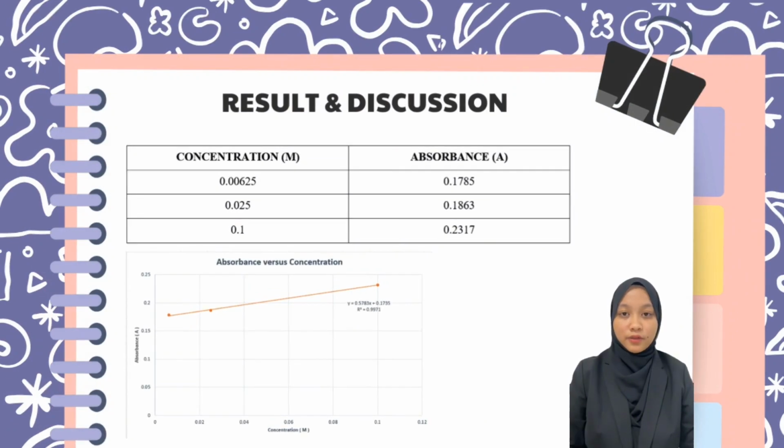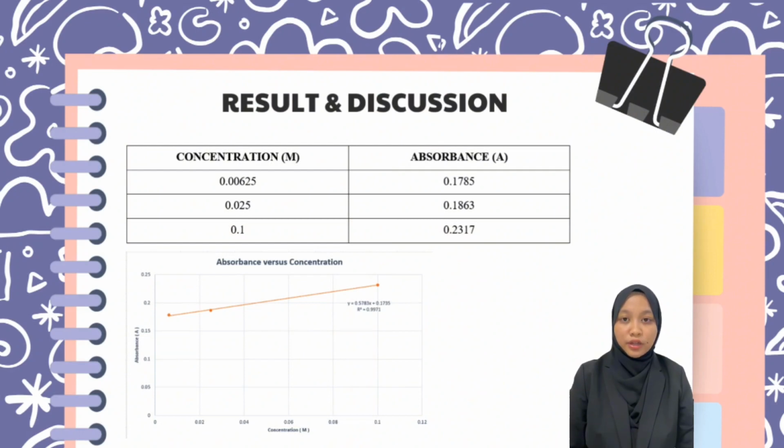I am presenting to the class, so I will present the results. This table is divided into concentration and absorbance. So the concentrations are divided into 5, which are 0.0625, 0.0125, 0.025, 0.05, and 0.1. So for 0.0125 and 0.05 are unknown because they form a Beer's law graph and